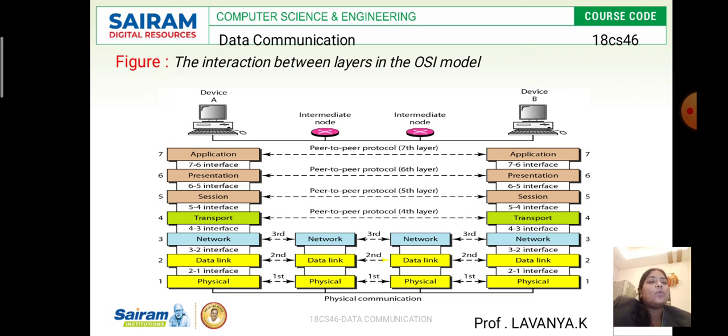So this network layer we call the source to destination delivery process, by using multiple networks. But in the data link layer, only the same network, or only the available network, is used for the transactions. In the network layer, it does not happen like that. They send that particular packet by using multiple networks from source to destination. This is what the network layer does.